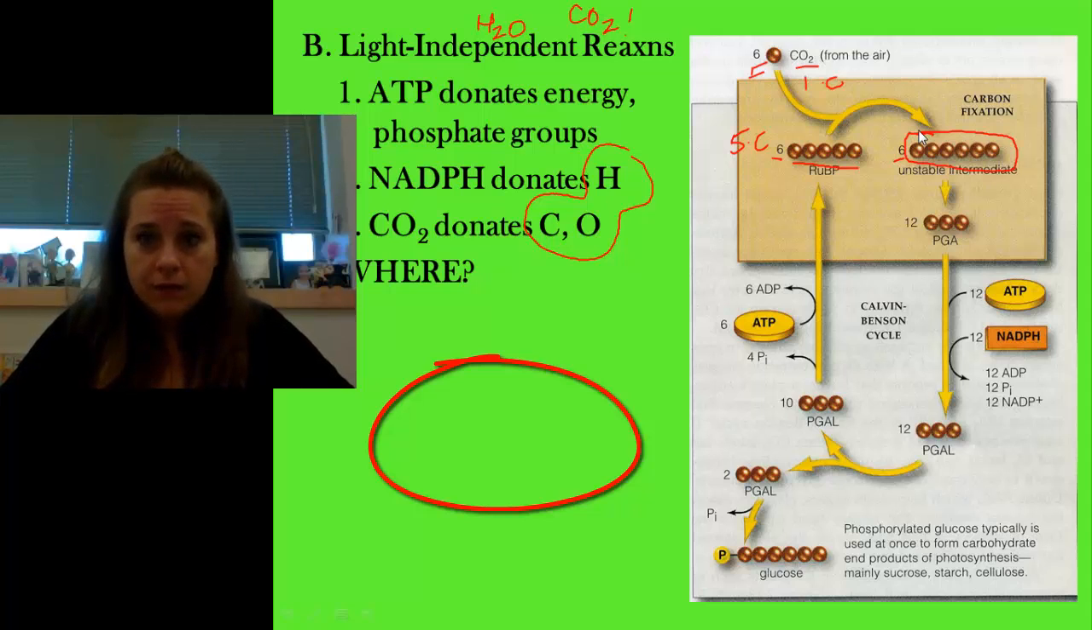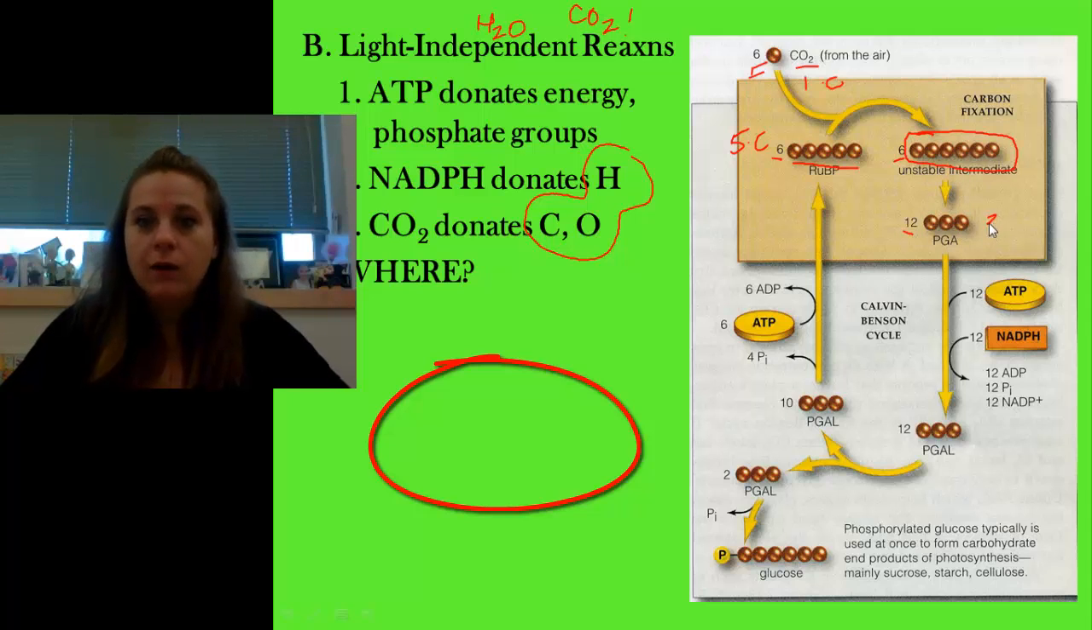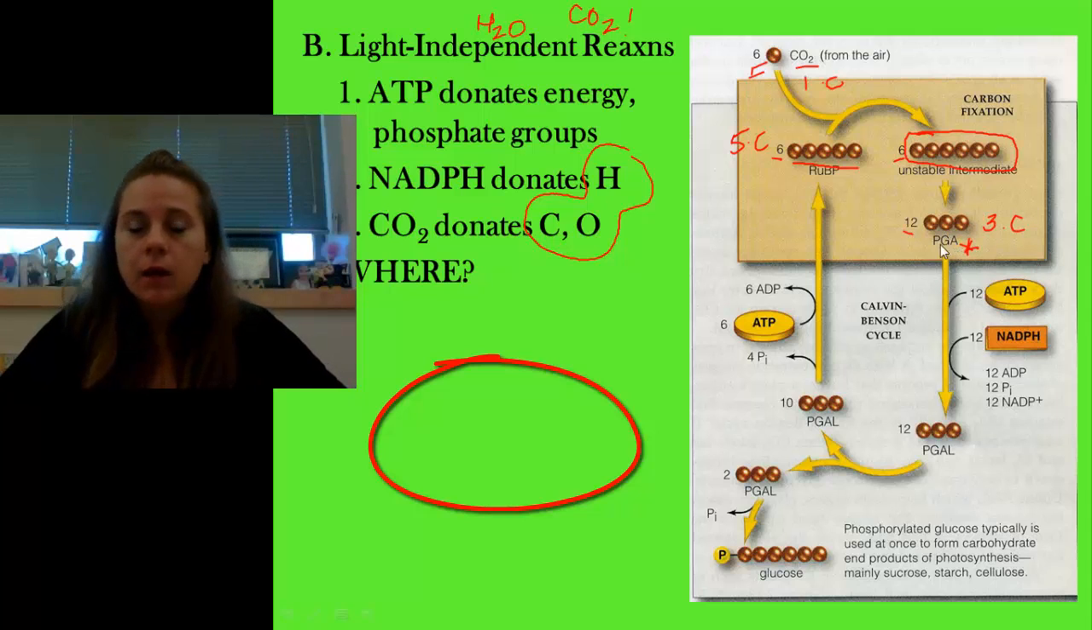Immediately, because of that instability, they are going to break apart. So I'm not going to have 6 carbon molecules, I'm now going to have 12 3 carbon molecules, and these are known as PGA. This molecule heads down as it's part through the cycle. What's going to happen is it's going to be converted using energy, where we're going to use up 12 ATP molecules that are going to donate the energy for this, and 12 NADPHs, so that is going to help reduce and donate